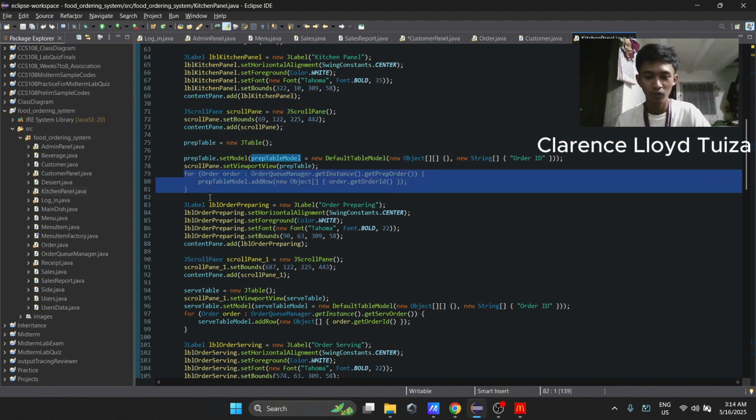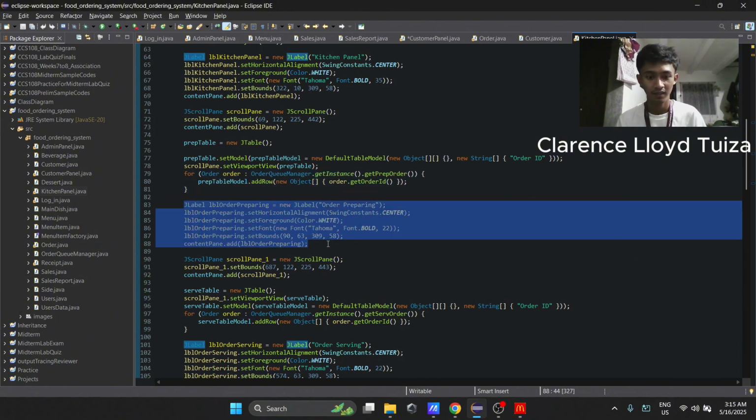We loop through the singleton queue manager's prep list and insert a row for each order currently in progress. Section header. White subheading labeling the first call.